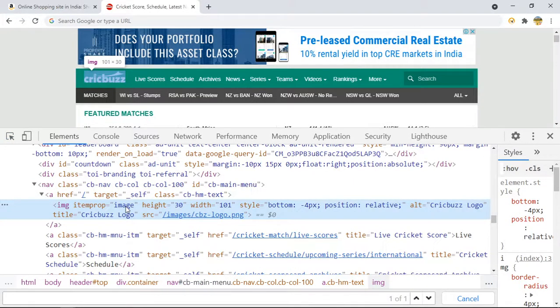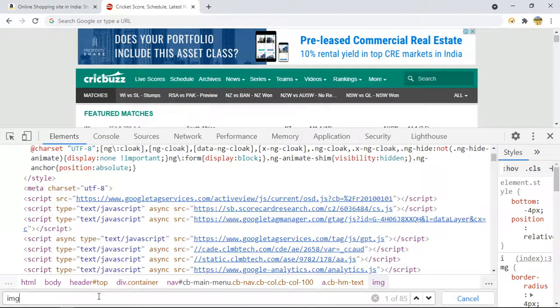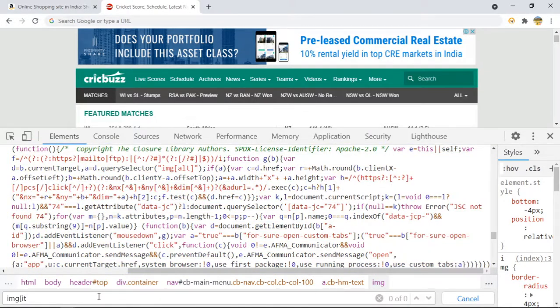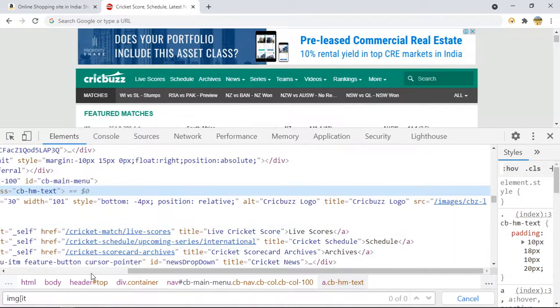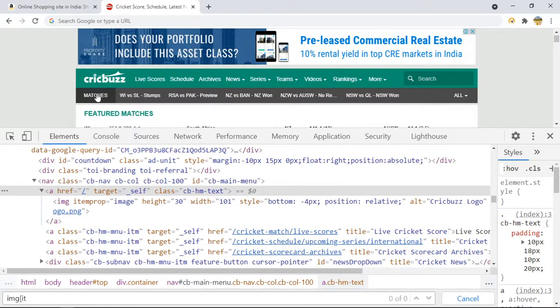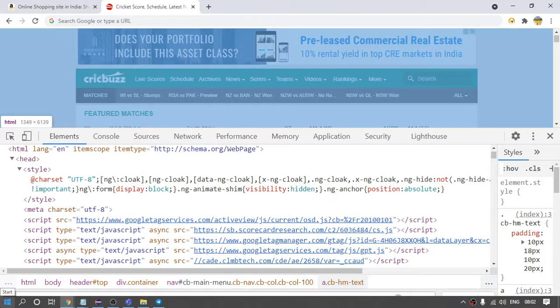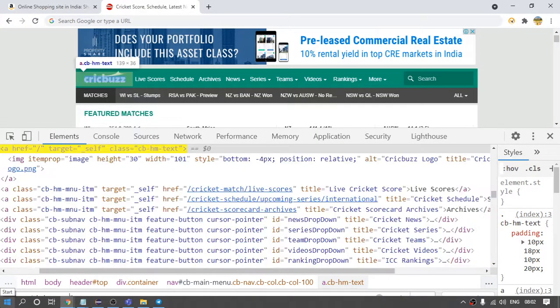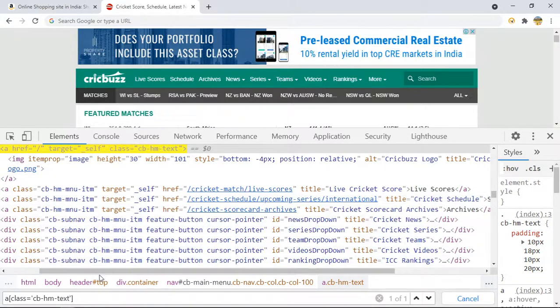Okay, here we have done the same with CSS as well. Image item equals to, if I take this, a class equals to a. Now we are getting only one element, that is fine.